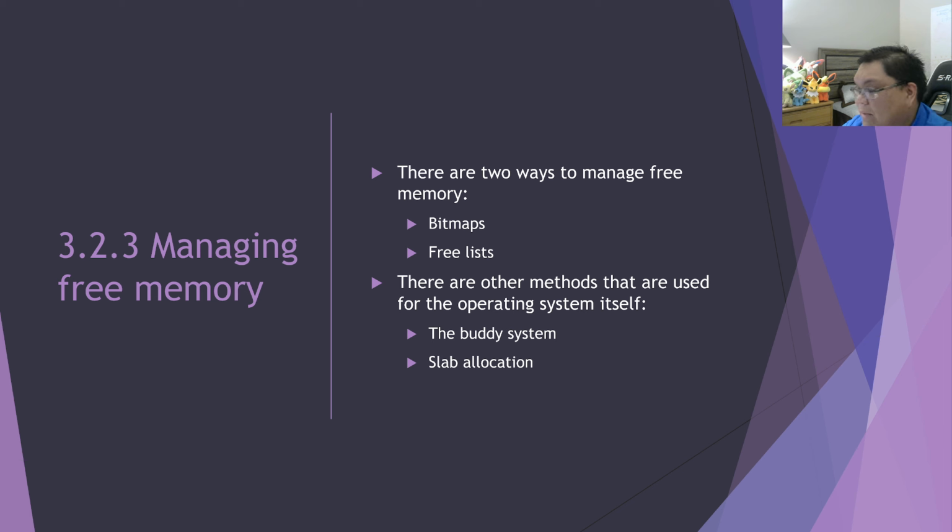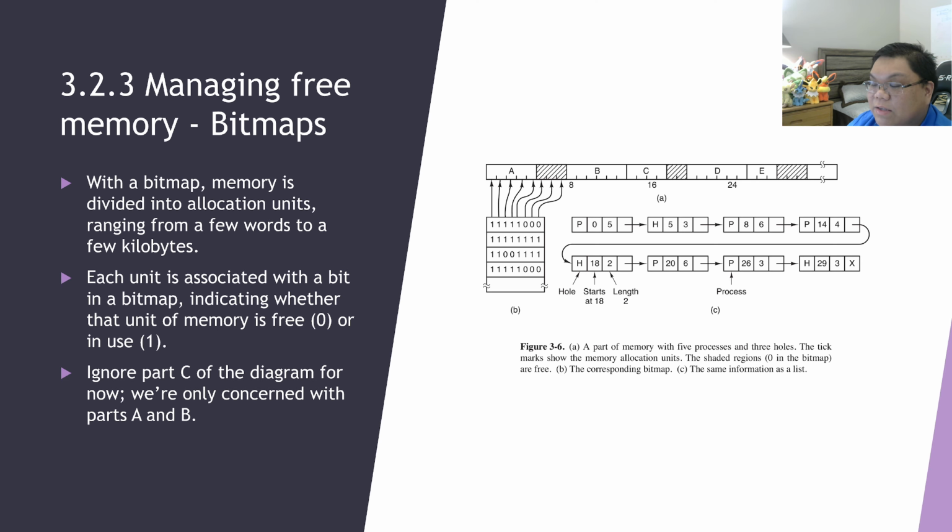Those are called the buddy system and slab allocation. Now, we're not going to really talk about that here. We're going to focus more on how free memory is managed for processes, not how free memory is managed for the operating system. So with a bitmap,